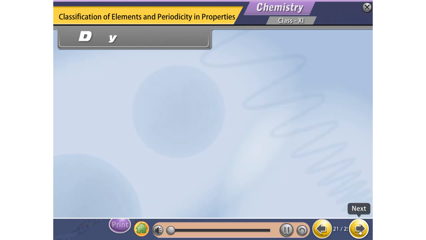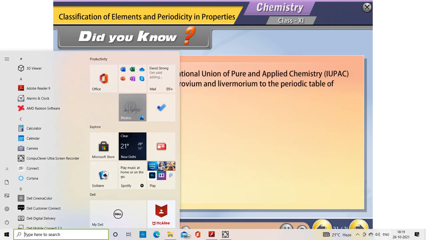Assessment. Did you know? On May 31, 2012, the International Union of Pure